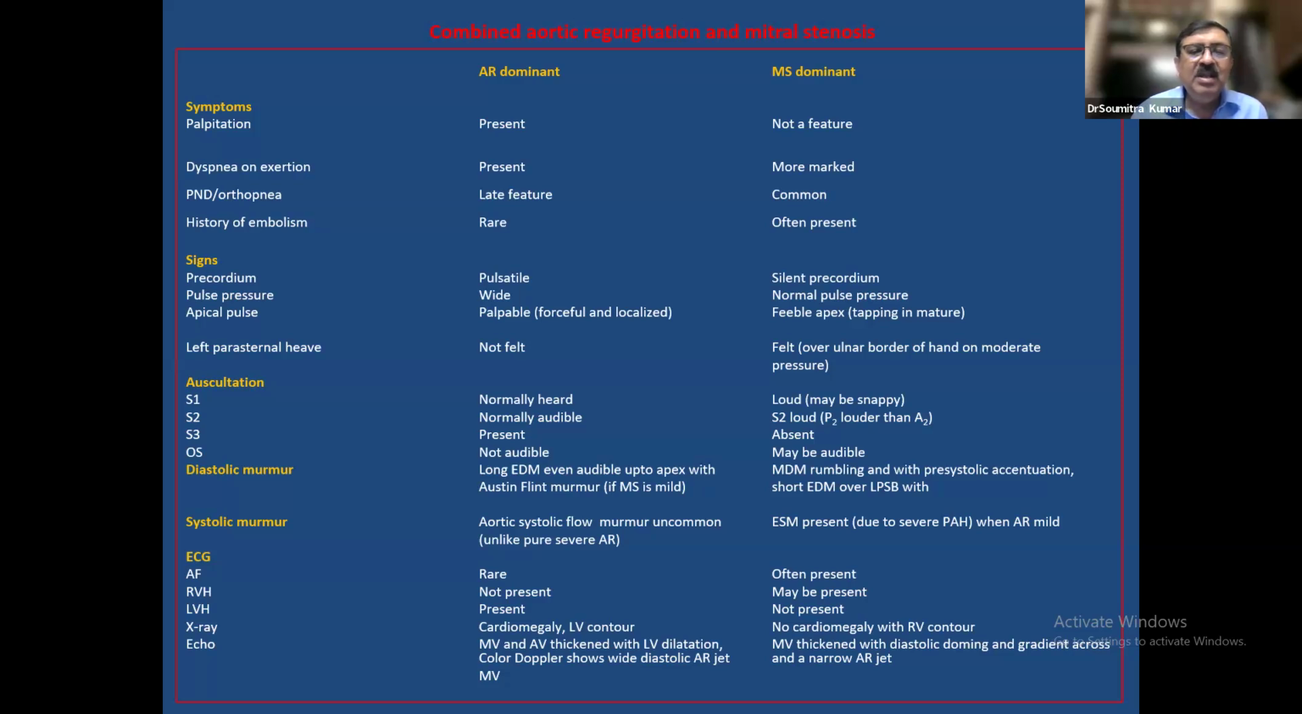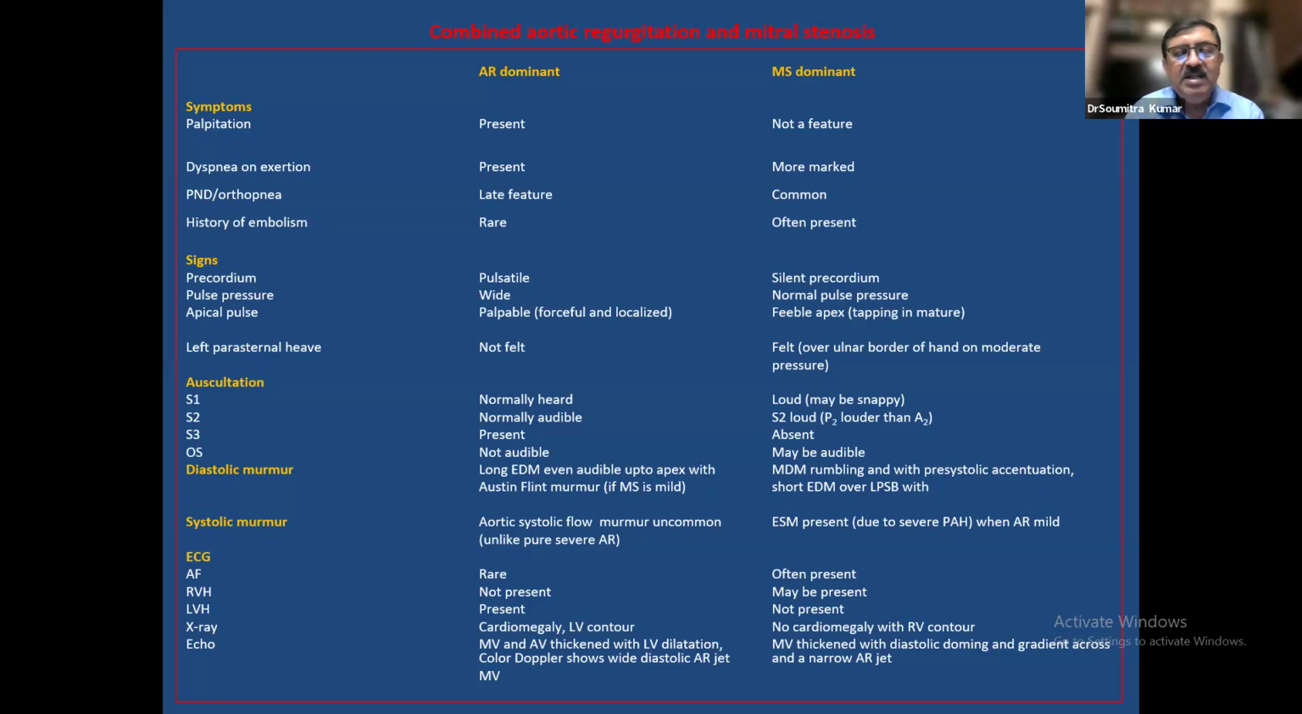Opening snap is a feature of MS. And diastolic rumbling murmur: we get a long EDM in the presence of MS with severe AR, but it may not be as long. And we also get Austin Flint murmur with AR dominance, which we have to differentiate from a rheumatic MS. MS, of course, we differentiate from the long diastolic murmur with systolic accentuation. And if we have a concomitant AR, we can get a short EDM, which is